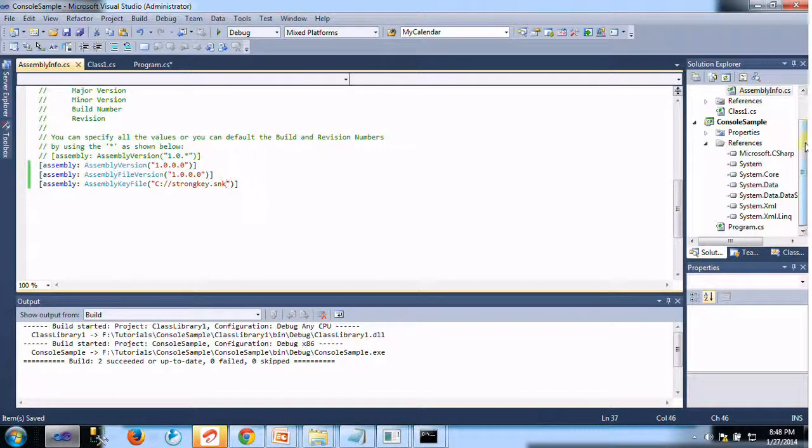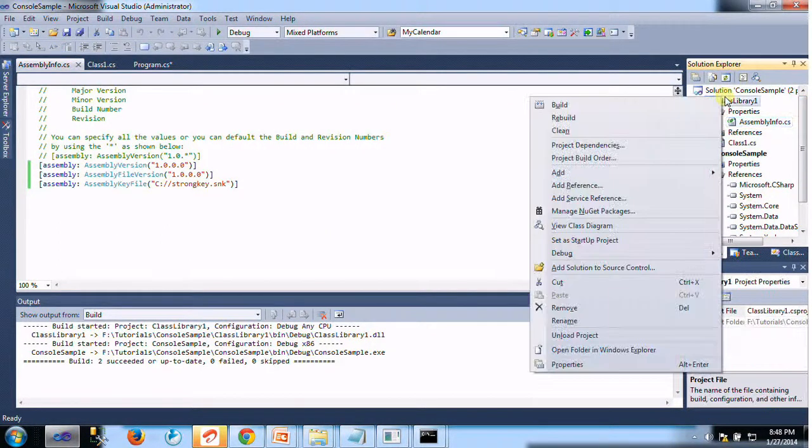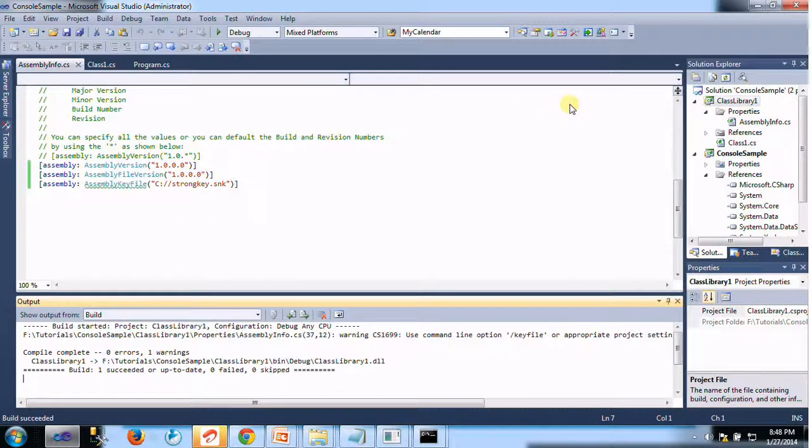Here, let's build this class library application. It will be a strongly named assembly, because we are mentioning the public key token here. So it will be a strong name assembly.